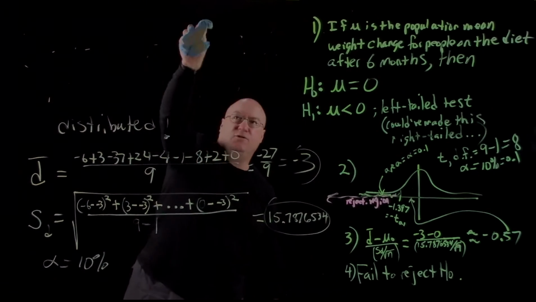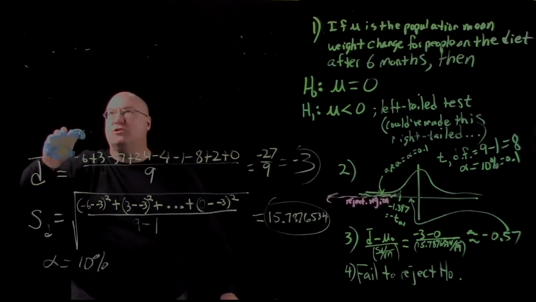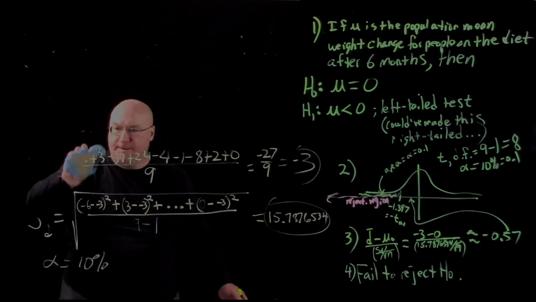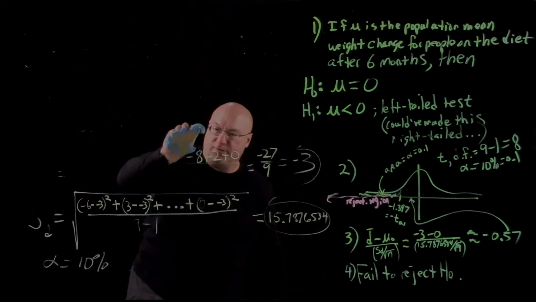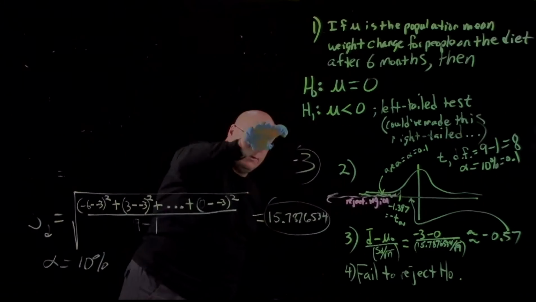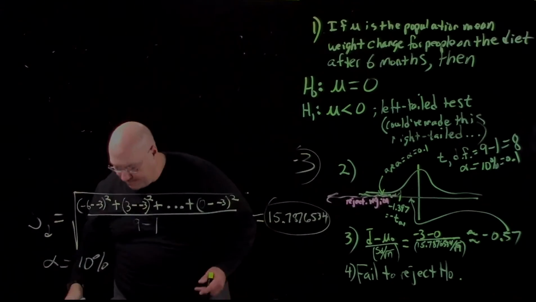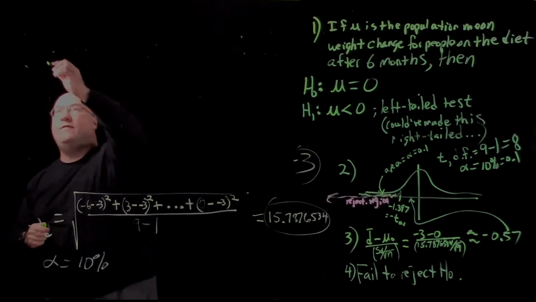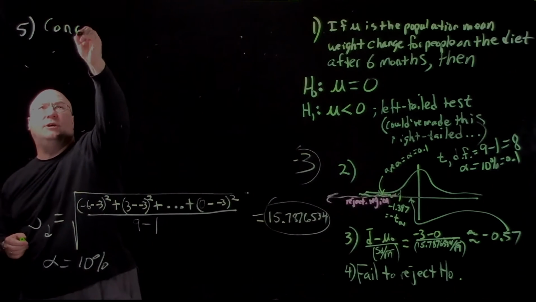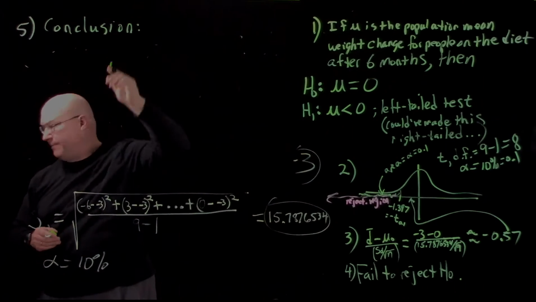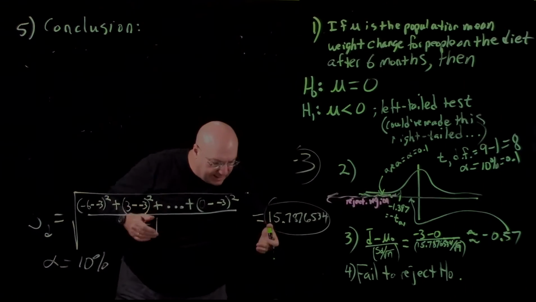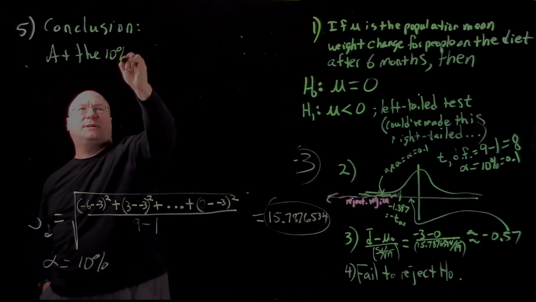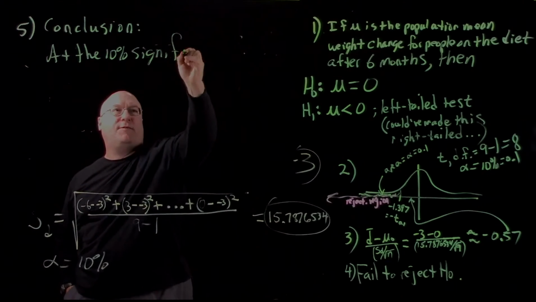So step 5, by now you should have paused me and worked this through. Certainly pause me and try to do the final conclusion here, which I will do in a sec. All right, so the final conclusion, maybe I'll try this color, 5. Conclusion. At the 10% significance level,